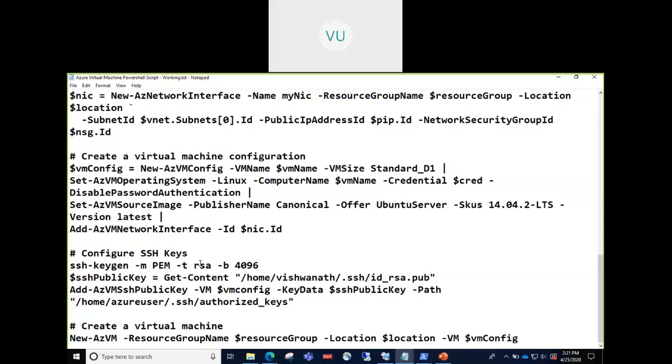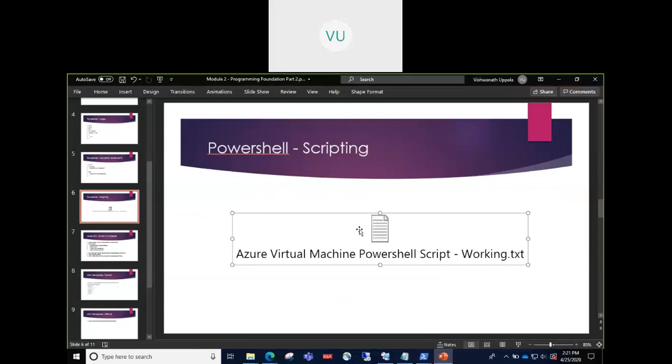Most of the time you will end up taking these templates and then modifying them to create the PowerShell script specific to your requirements. Yeah, but you are right, Shrikant. Actually, a lot of templates are already available on the web. You don't have to create it from scratch.